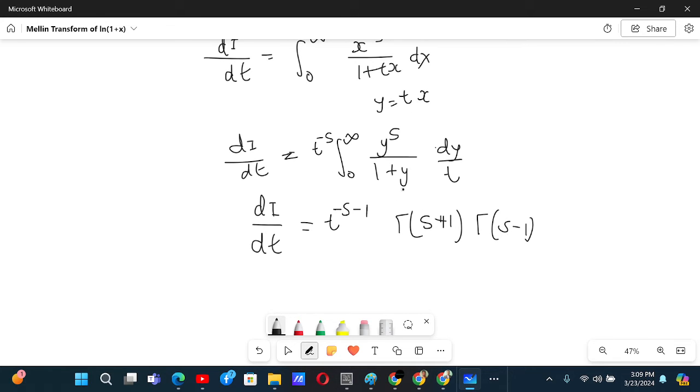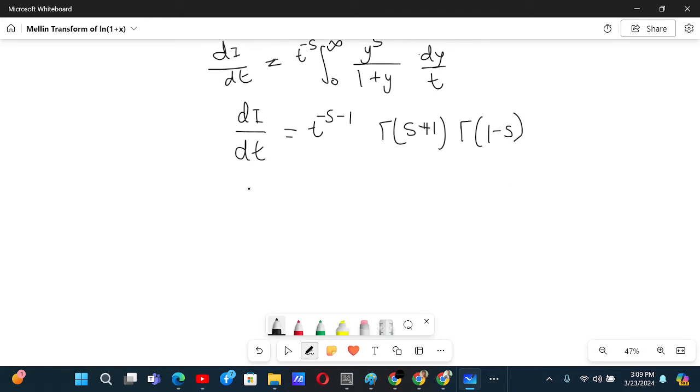This is the standard beta function, and you can do it on your own. So dI by dt equals t to the power minus s minus 1 times